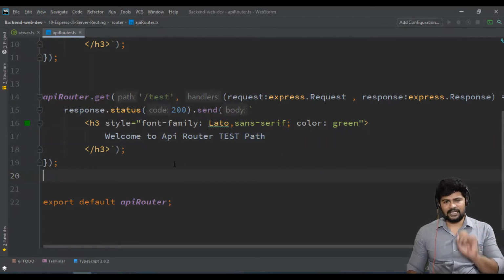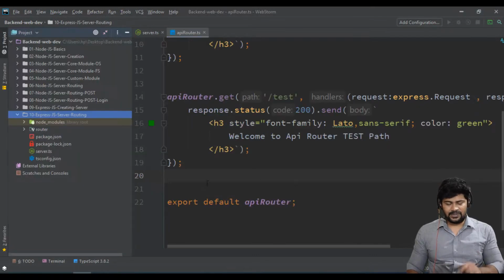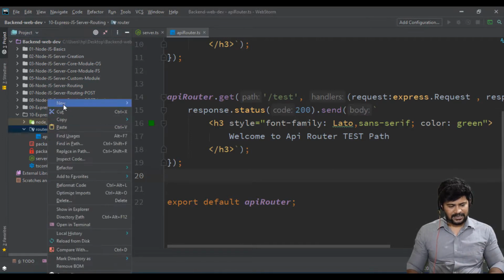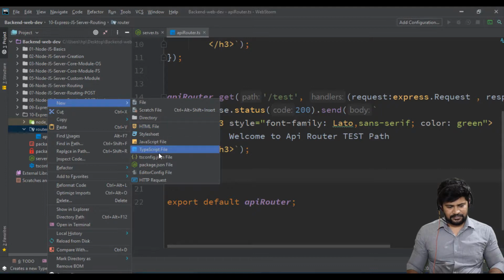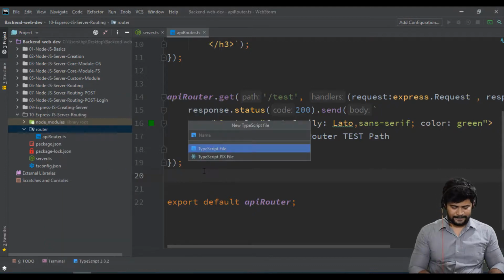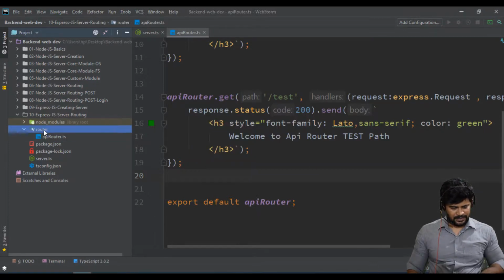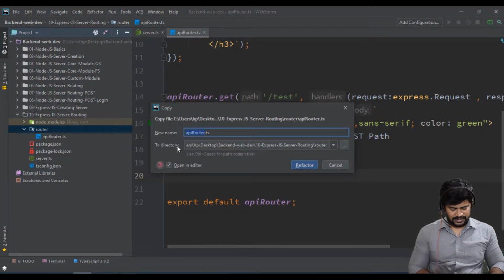And one more thing I'll tell you, let's take another router. Because you may have multiple routers like admin router, user router, products router, customer router, different modules you're going to make, right? Same story now. So I create another TypeScript file. I'll do one thing, or else I'll copy this same setup. I paste it. So let's say something called user router.